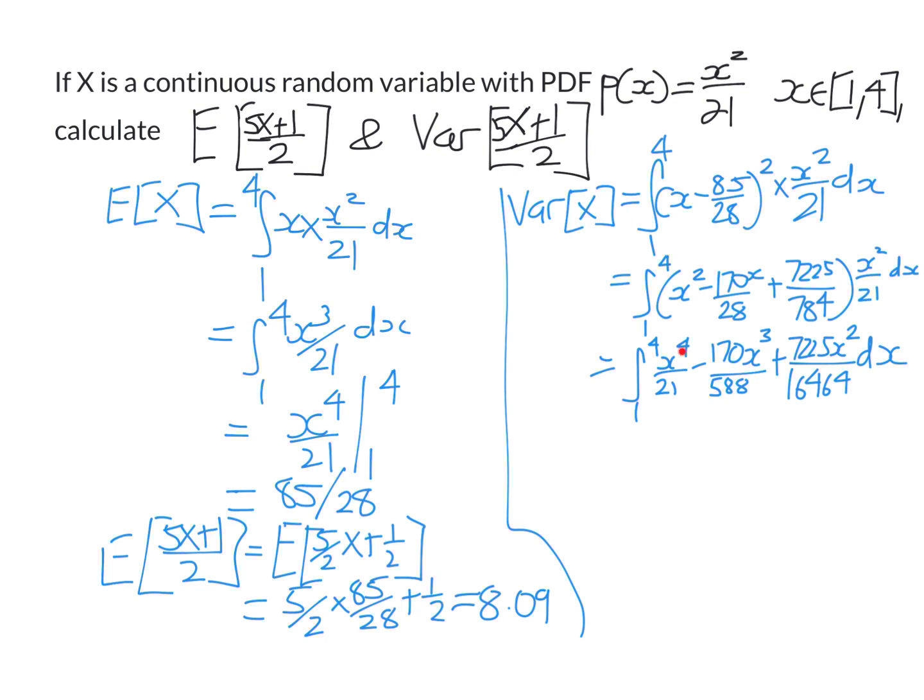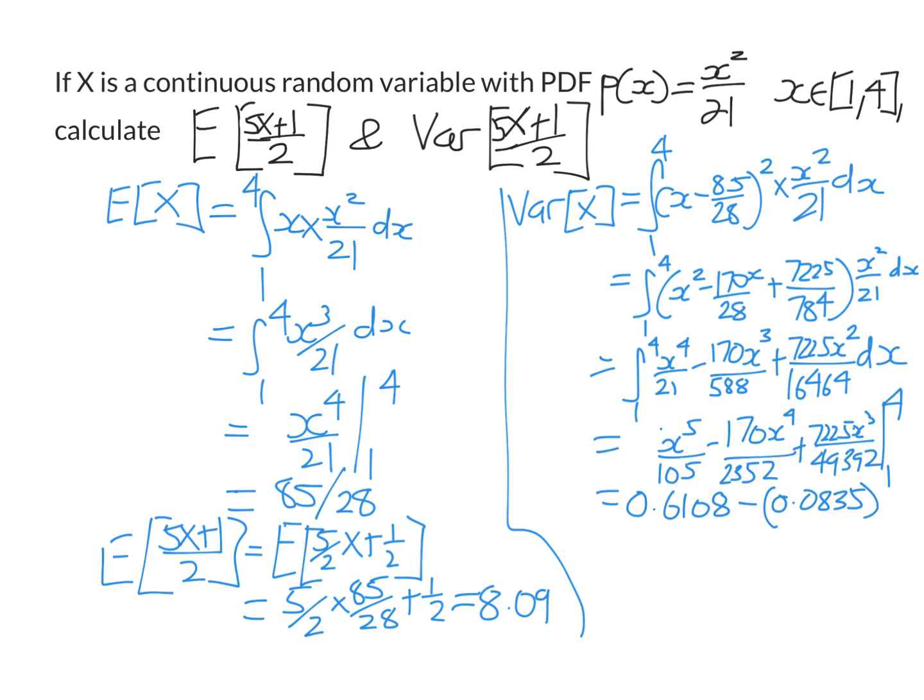We're just going to increase the power by 1, divide by the new power for each of these 3 terms. Then, of course, we just substitute 1 and 4 into this expression. I get this, and my answer for the variance is about 0.527. So these calculations were long and messy, yes,